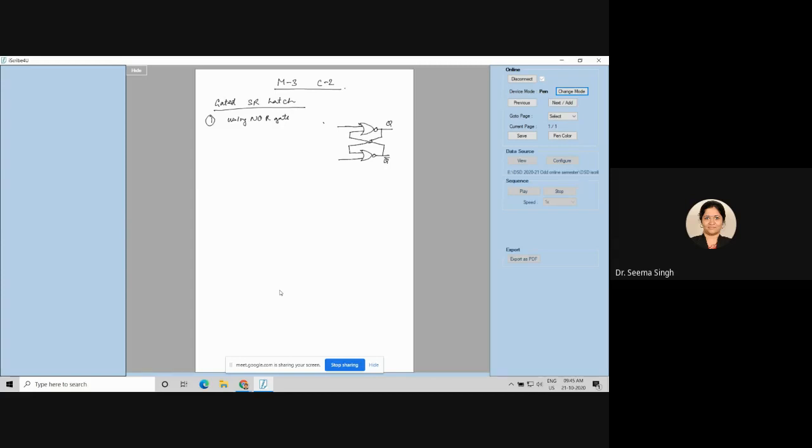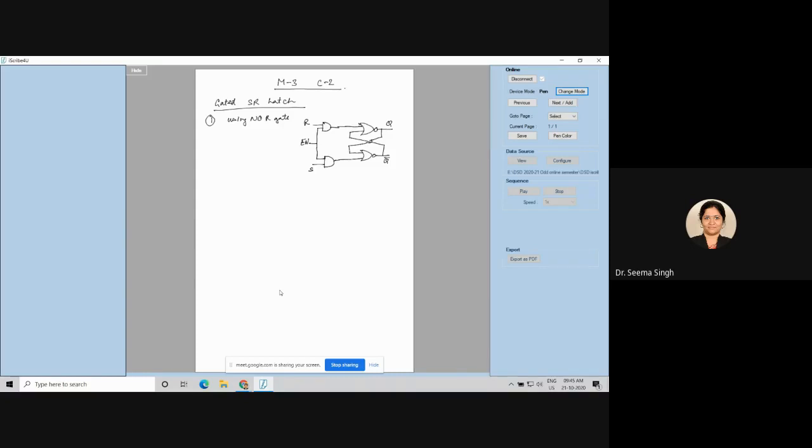What we do is we connect one AND gate, okay? And the inputs of this AND gate will be your S and R. As somebody told me, R will be there for Q. And the other input of the AND gate is given to enable. Okay, and you can see I have given this enable as active high.